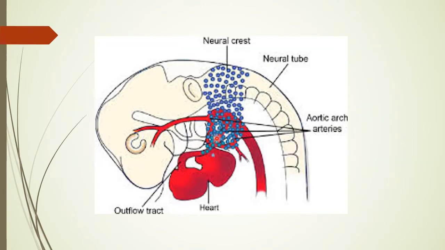Suppose this is a diagram showing the neural crest cells migrating from the neural tube, from the hindbrain region of the neural tube to the pharyngeal arch region, and this is the pharyngeal arches, the aortic arches passing through the pharyngeal arches, and from the pharyngeal arch region, as you can see, they are migrating into the developing heart, where they will contribute tissue to the formation of septa of the heart, especially in the conus cordis and truncus arteriosus.